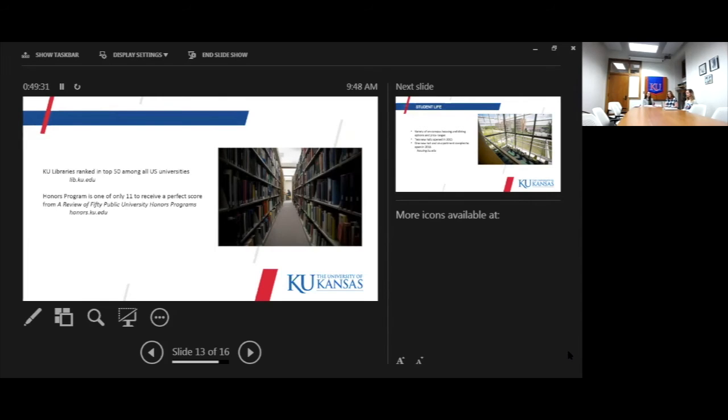Our honors program is one of only 11 in the US who received a perfect score, and that was done by this long title of a review of 50 public university honors programs. But the honors program is something that's really beneficial for students who are looking to take their education kind of to the next level in regard to really challenging themselves and building on that skill set that they are